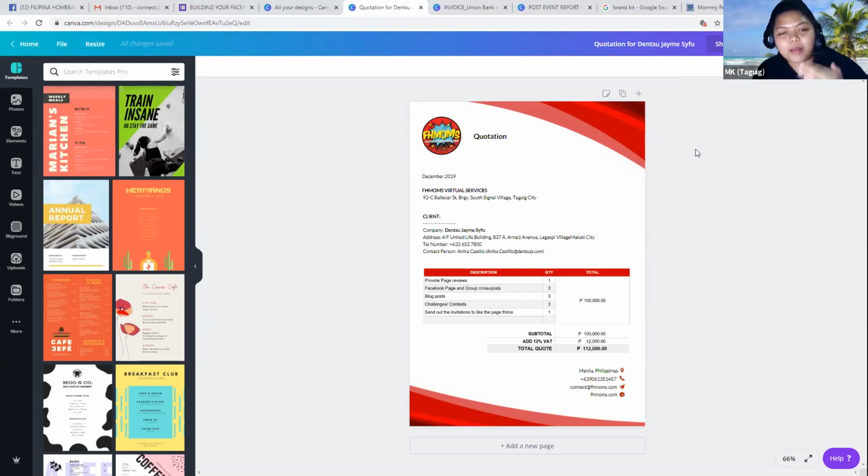And pag bumaba doon, you feel na ma-overwork ka, or parang hindi na siya worth it, then maybe in your proposal, you can add, let's say, 25,000 or 30,000 pesos, kasi for sure maghahagal yan or tatawad. At least meron kayong room for the tawad.